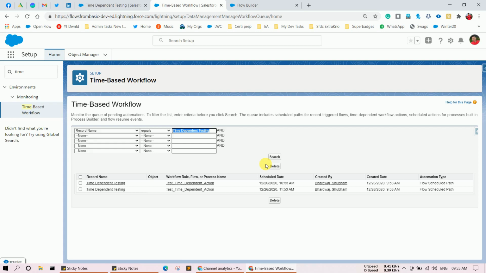And one more thing guys, you are not going to see this feature right now in your normal Salesforce org. You have to sign up for a pre-release org. You can check out the link given below in the description box to get a pre-release org, so that you can demonstrate, or you can say work on this scenario.